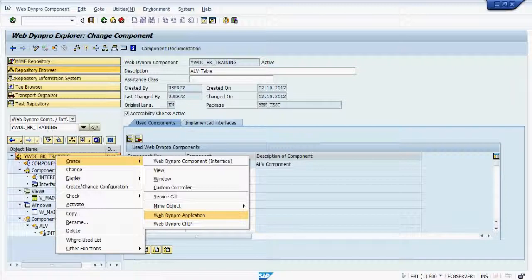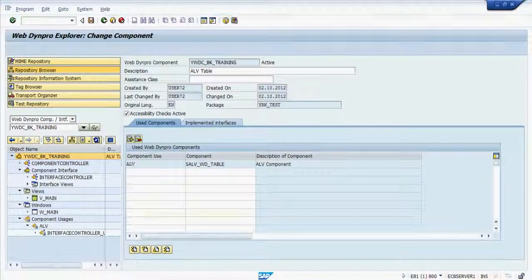So you will be creating a transaction code for a module program to see the output. The same way for WebDyn Pro component also, to see the output, we have to create the WebDyn Pro application. So by creating the application and executing it, we will be able to see the developed WebDyn Pro component output. When you create a WebDyn Pro application, a URL will be generated. So now we'll see how to create a WebDyn Pro application.